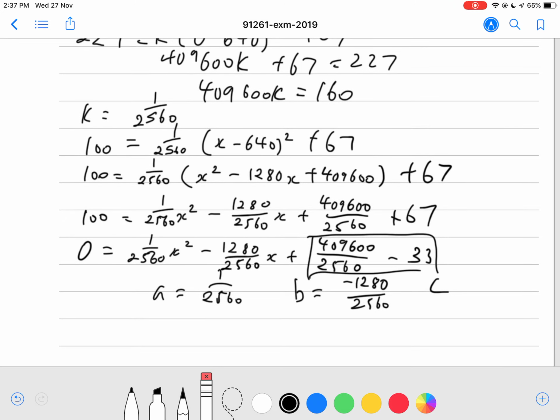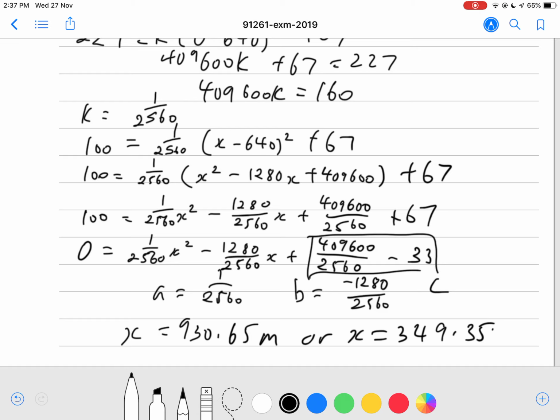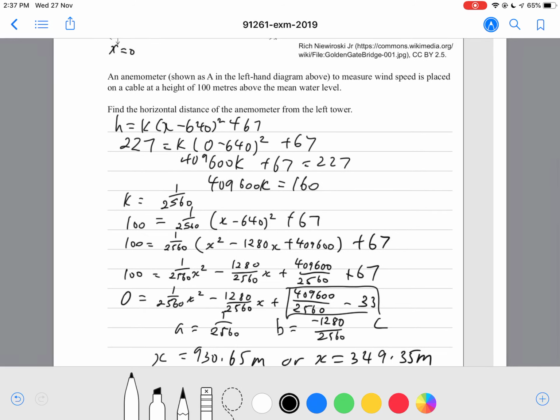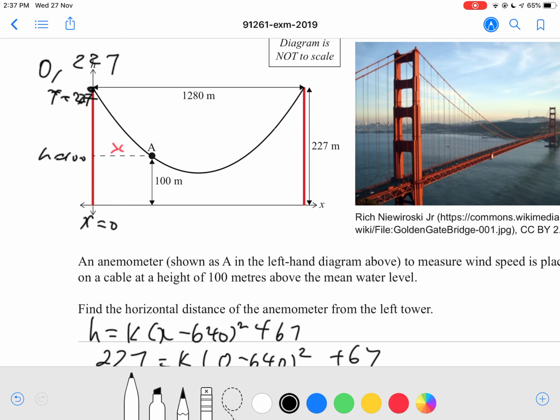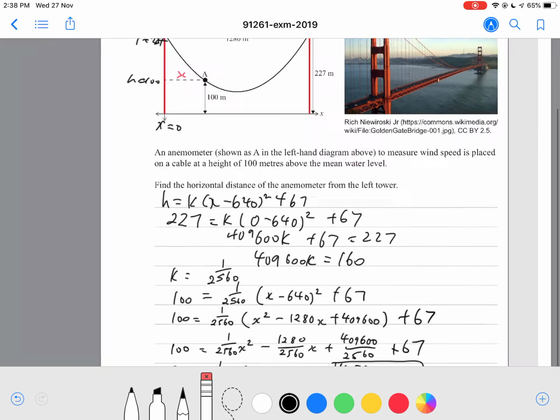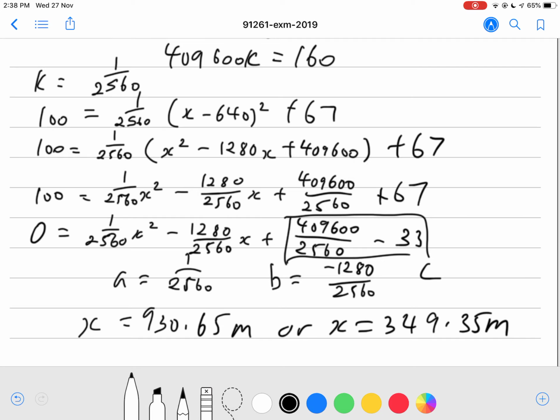So alright, you should get your x value is equal to 930.65 meters, or x equals 349.35 meters. Alright, so now you have to use your interpretation skills. In the diagram, it shows the anemometer on the left-hand side. So this is the left. So the distance from the left tower is actually the smaller amount, which is this amount here, not this one. So your final answer would be